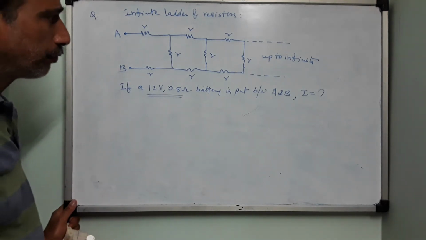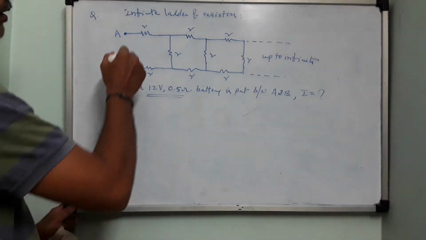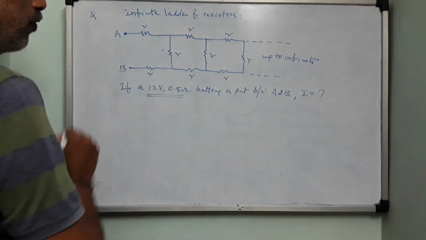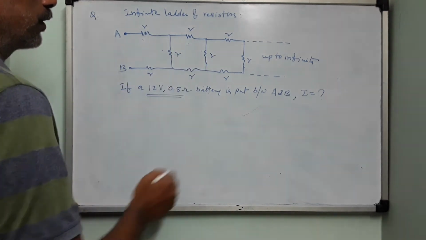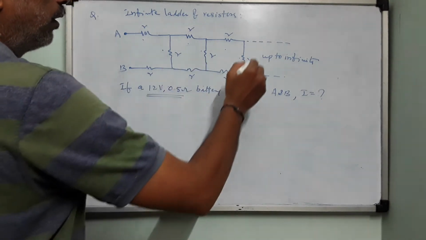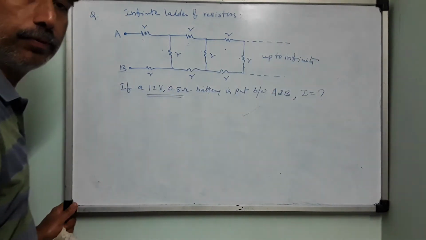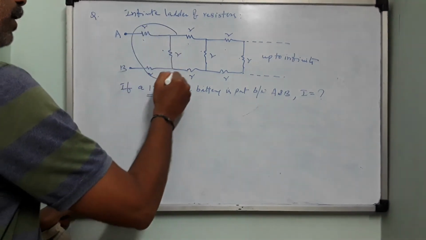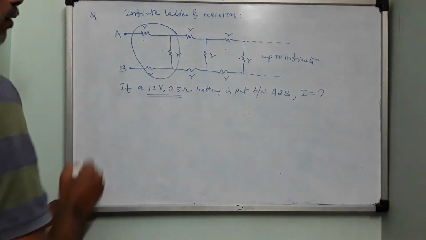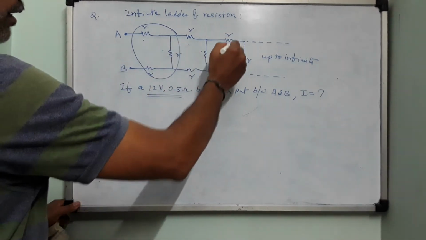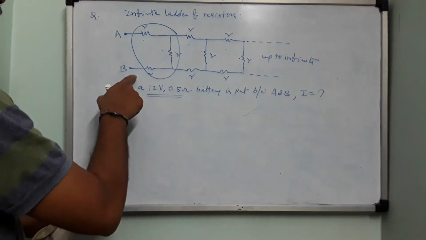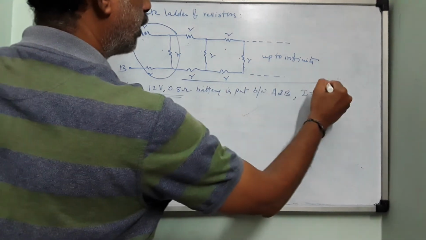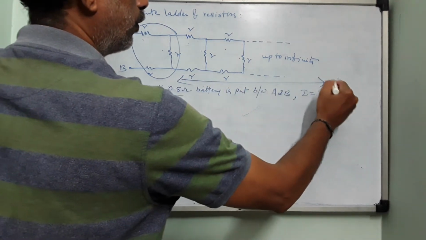Now if you look at this one, ladder means it has identical steps. So this 1, 2, 3 is the first step, 1, 2, 3 the second step, 1, 2, 3 the third step, and like this it will continue. Every step will have this format: 2 horizontal, 1 vertical, 2 horizontal, 1 vertical. If you keep the first step as the fundamental step, the remaining ones also run up to infinity.